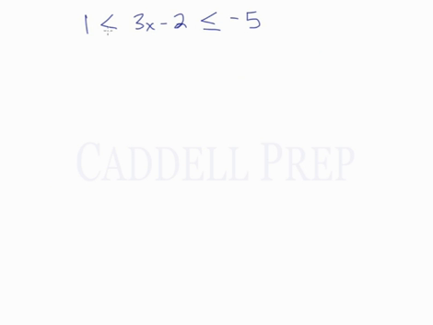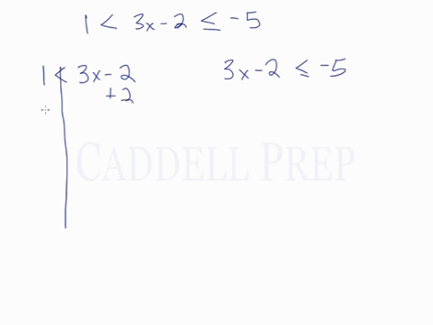Alright, so again we have another complex inequality. Let's break this down into two simple inequalities. So 1 is less than 3x minus 2, this first part, and then 3x minus 2 is less than or equal to negative 5, the second part. Okay, let's solve this one first. Let's make our line down the middle,